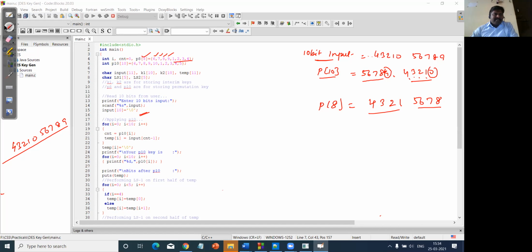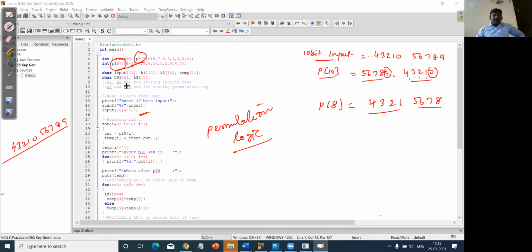For that, we need to define the position, how the permutation has to be done. So this P8 and P10 are the permutation logic corresponding to the 8-bit as well as 10-bit.